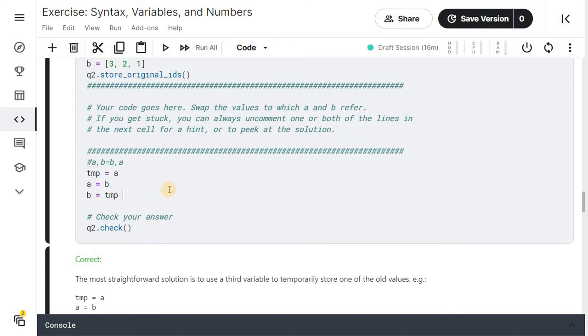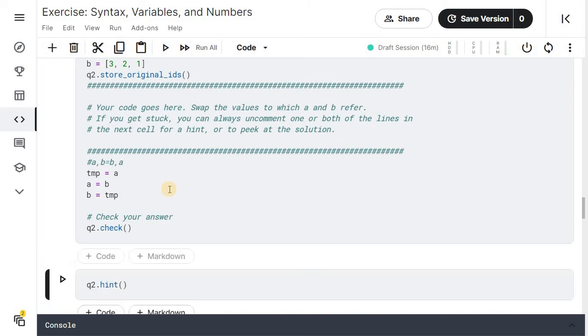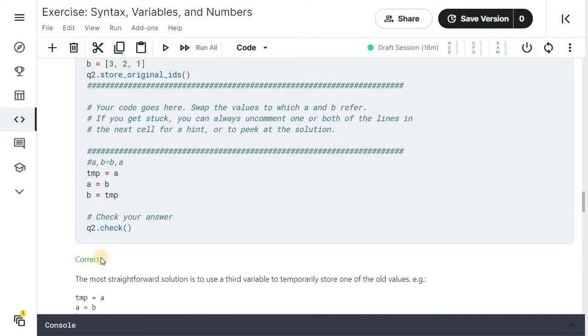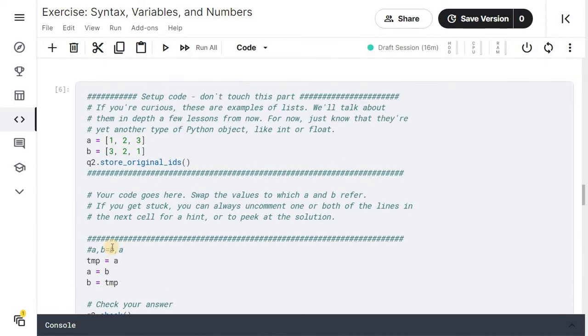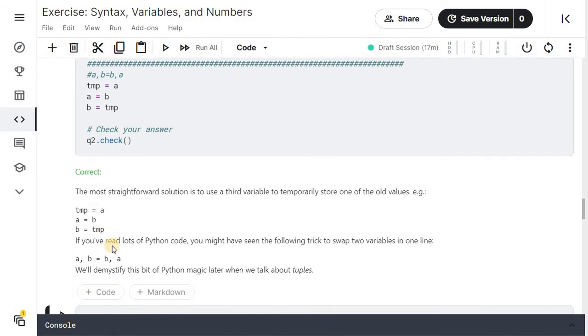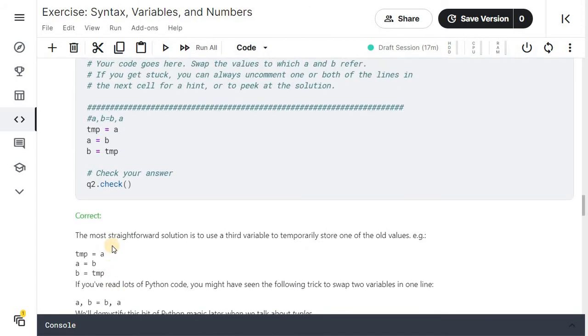Click on the cell, press shift enter to run the cell. You will see answer is correct. So we have seen two methods of swapping variables. First method was a single line wherein a, b was initialized to b, a, and second method was using a third variable. We saved the value of a, updated the value of a, then using temp, previous value of a was used to update b.